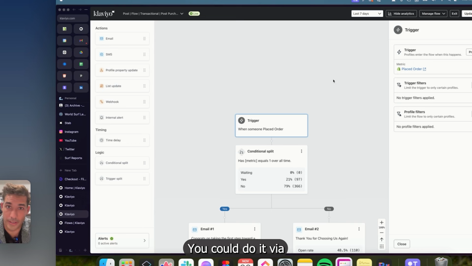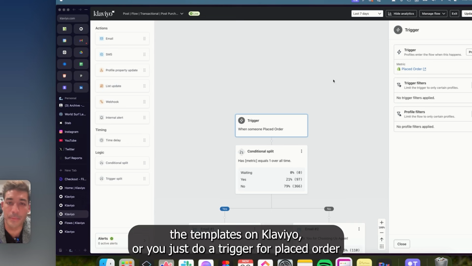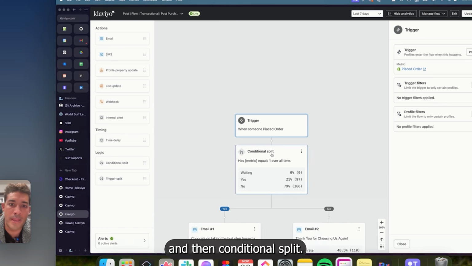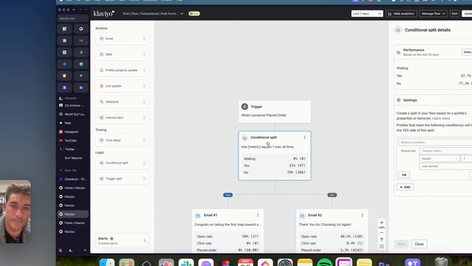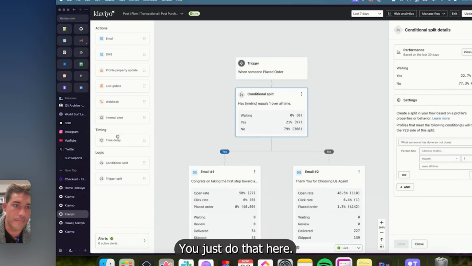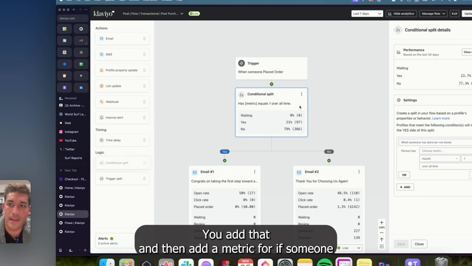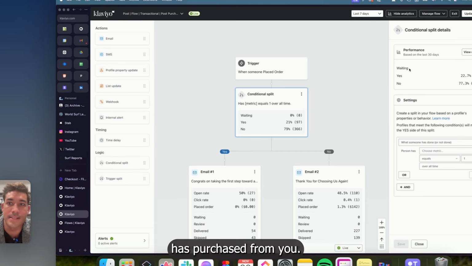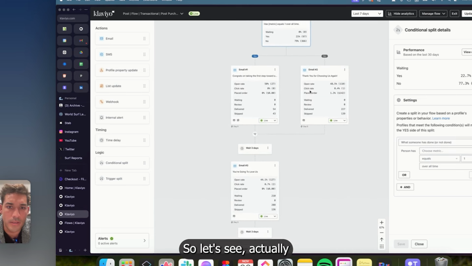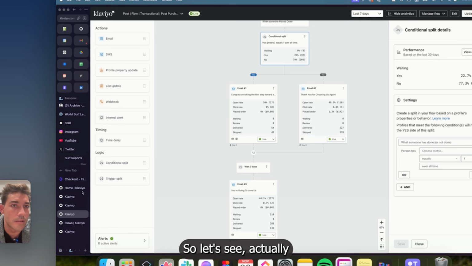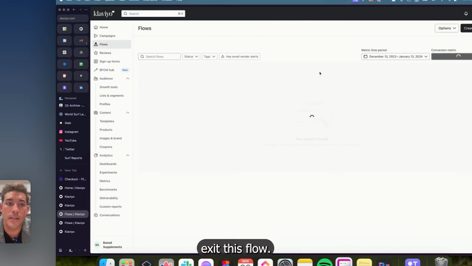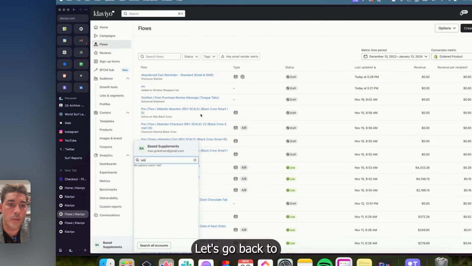You know how to create a manual trigger to create a flow. You could do it via the templates on Klaviyo, or you just do a trigger for placed order, and then a conditional split. You just add that and then add a metric for if someone has purchased from you. So let's see. Let's actually exit this flow. Let's go back to